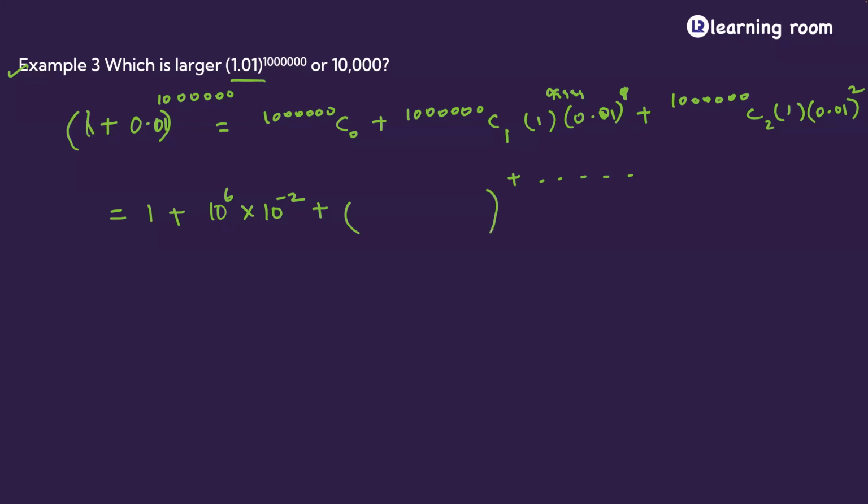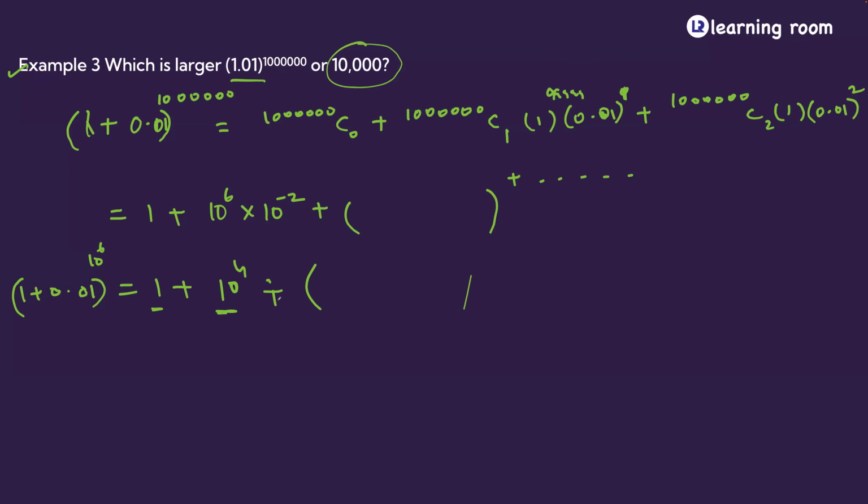The number that is being given here is how much? 10,000, right? So it is going to be 1 plus 10,000 plus